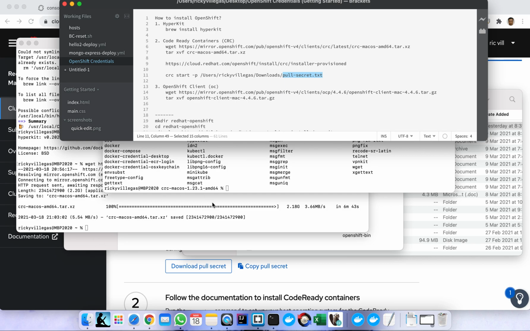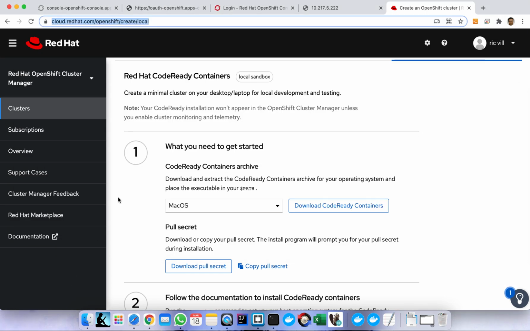So let me go to the website. Actually, this is the website, https://cloud.redhat.com/OpenShift/create/local. Okay, once you get in here, actually before you can get to this page, you have to